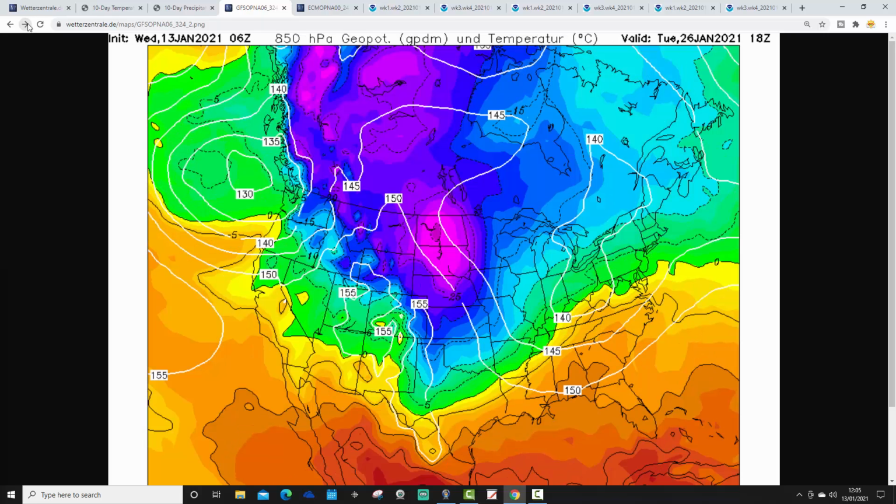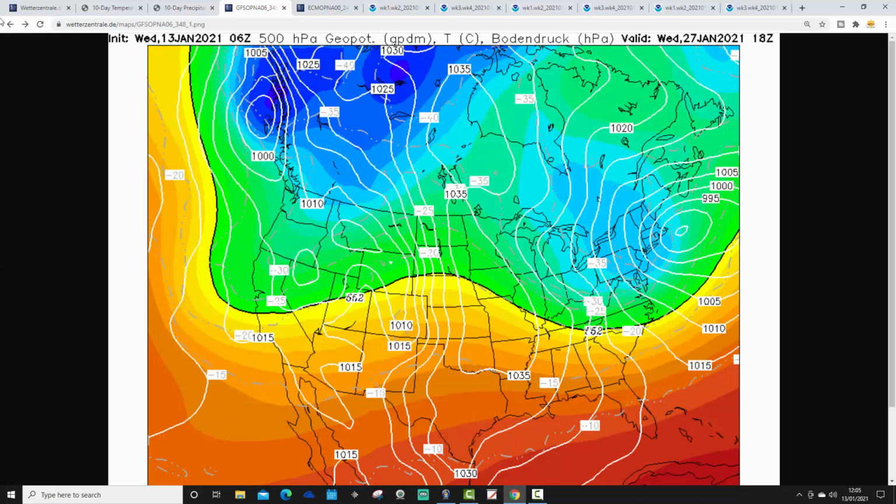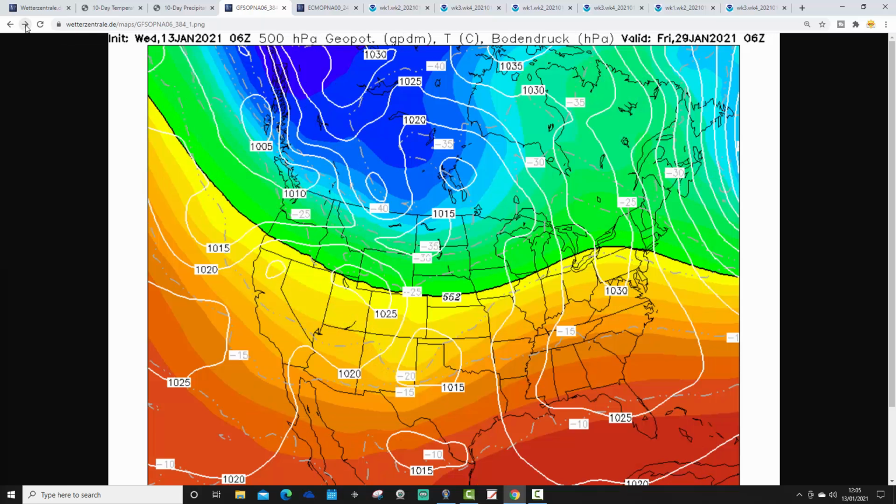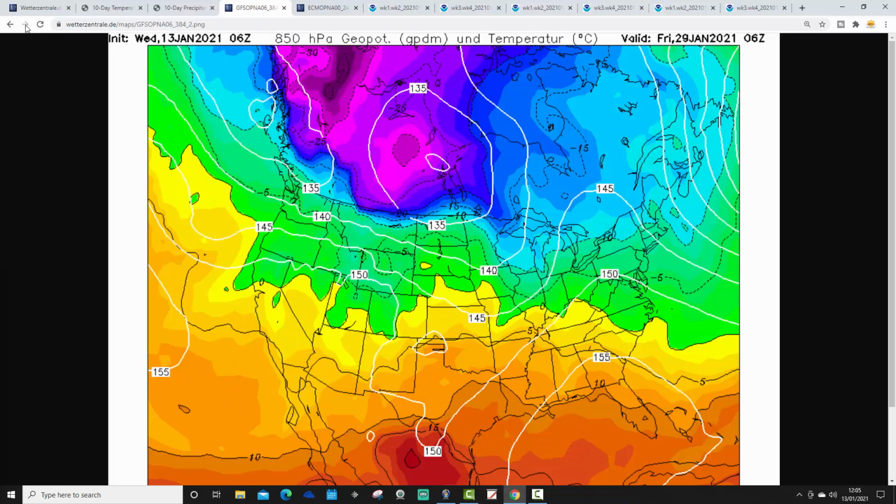We move on towards the end of January. It looks like we'll gradually push those very, very cold upper air temperatures eastwards. So these really cold temperatures are gradually flooding across most parts of the Midwest and also into the east as well. By the end of January, that could see winter really start to bite for many northern and eastern parts of America. Although by the very end of the GFS run, which gets us to the 29th of January, we are seeing those very cold upper air temperatures begin to recede away northwards again. So it doesn't last all that long, but it could get very cold for a time during the final week